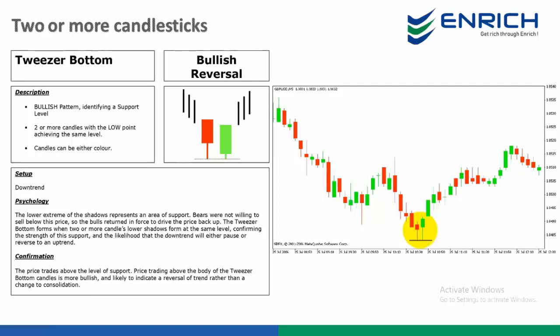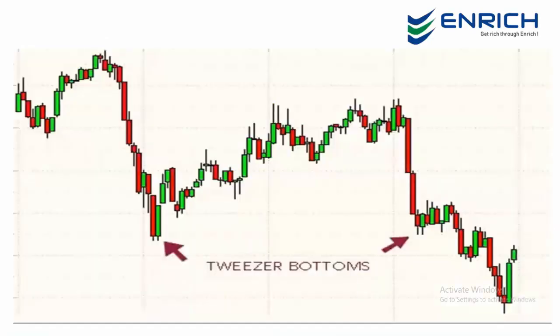Now a bullish tweezer bottom occurs during a downtrend, okay? When bears continue to take the prices lower, usually closing the day near the lows, okay? But day 2 is completely opposite because prices open and go upwards. Now the pattern is more important when there is a strong shift in the momentum between the first candle and the second candle. Okay, so for trading purposes, these patterns are best used to indicate the end of a pullback. Okay,